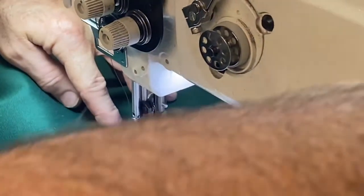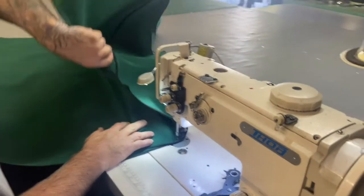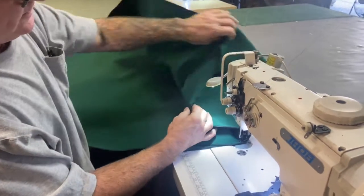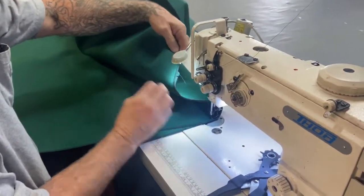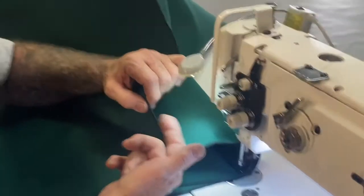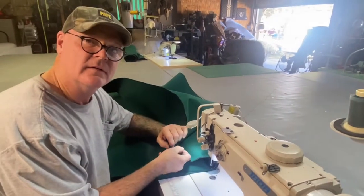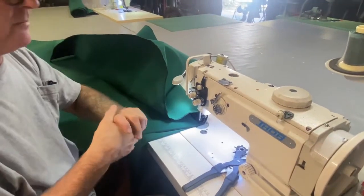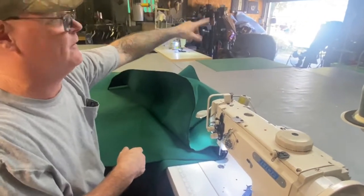Plant your needle, always plant your needle. Now I'll bring this back. You see that? You see that transition, nice and smooth. Don't panic when you get a little dog ear there. Doesn't matter. You run across, when there's merging patterns, we'll have one right on the bow